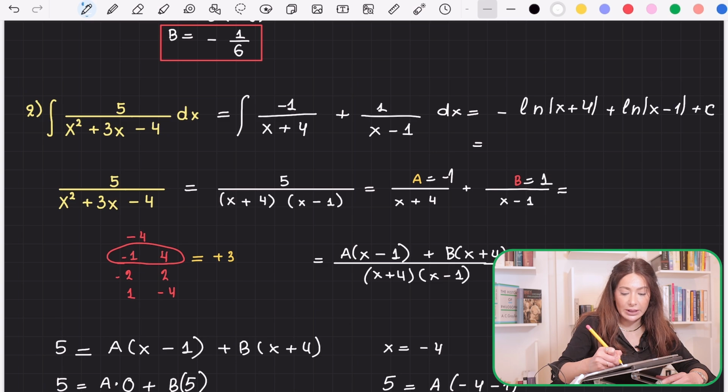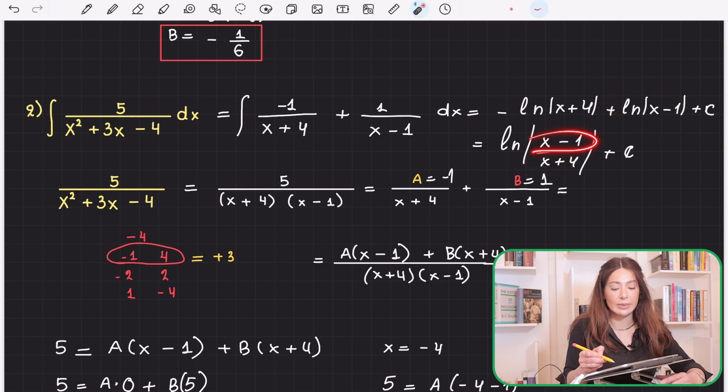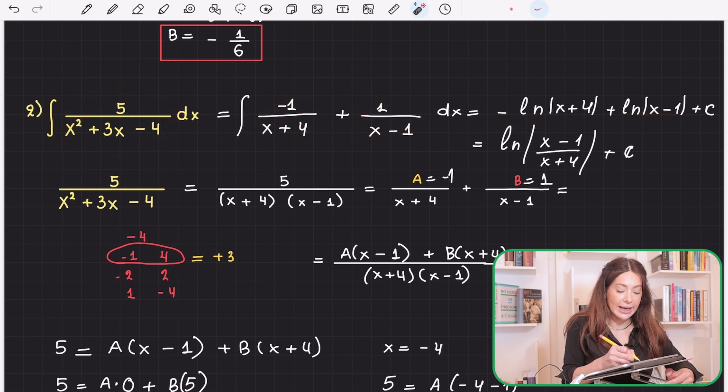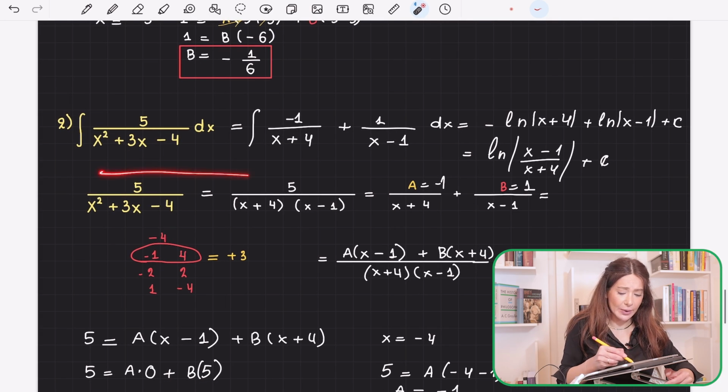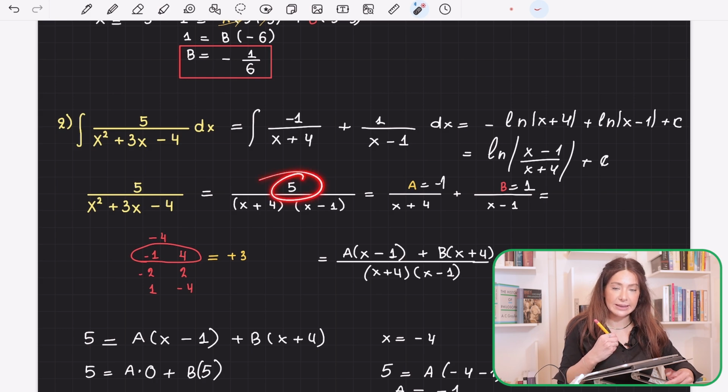Again, you can put this together using log rules. This one had a negative sign, so that goes in the denominator. This one had a positive sign, that goes in the numerator, okay? Simple integrals, these were basic rules of integration. Both of them were ln. After you're able to rewrite this fraction as a sum of two fractions, then it's simple. And this part right here, finding coefficients that will make sure that you get the same number here, that's the algebra part. Here is where the